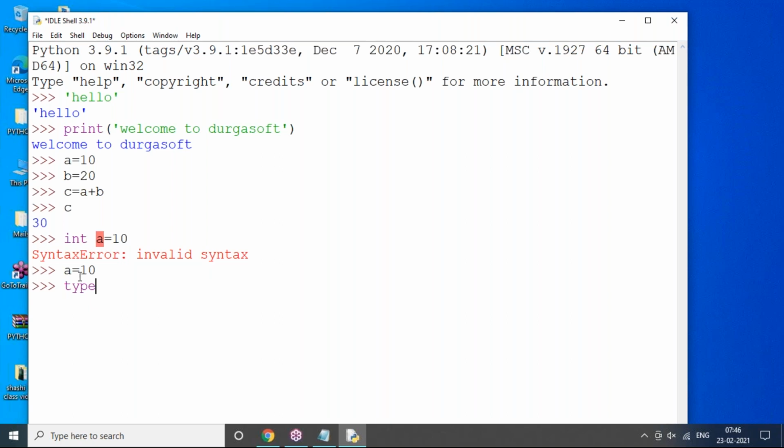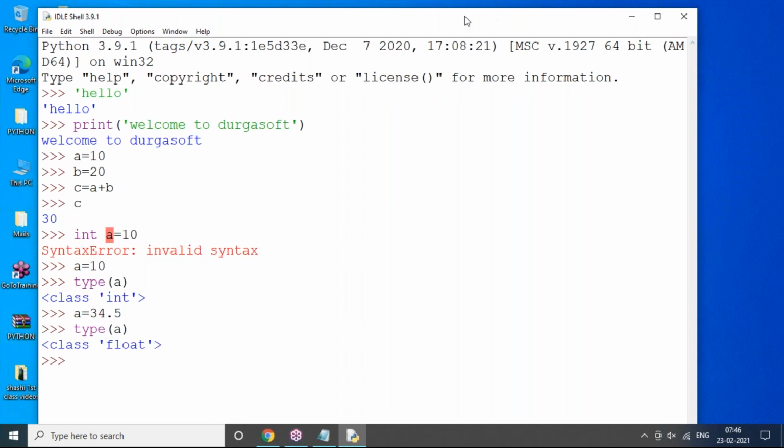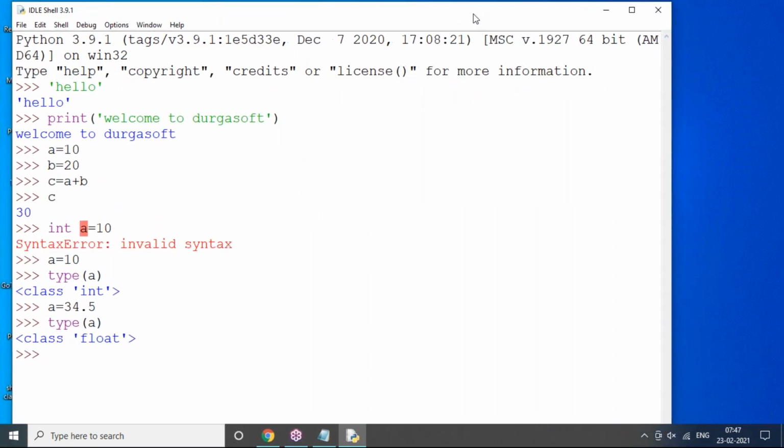If you want to know the type of a, you can use the type function: integer type. Similarly for a float, if I take the type of a, it is a float type. Keep on writing code by typing and pressing enter, and your output will be ready here. This is called the interactive shell. If you want to write code like this, you can, no problem. This is the basic option we have. Once we download and install Python software, you'll be able to type code in the interactive shell by opening IDLE. Okay, let me close this.